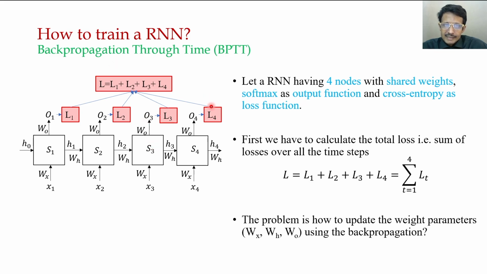Here it is more or less the same, the only difference is that backpropagation is working in the time direction. So with this, every time instance is one layer. If you take L4, it is propagating to S4, S3, S2, S1. In a CNN, these were the layers. Here it is a different time instant. That is the basic difference, so that's why we say backpropagation through time.